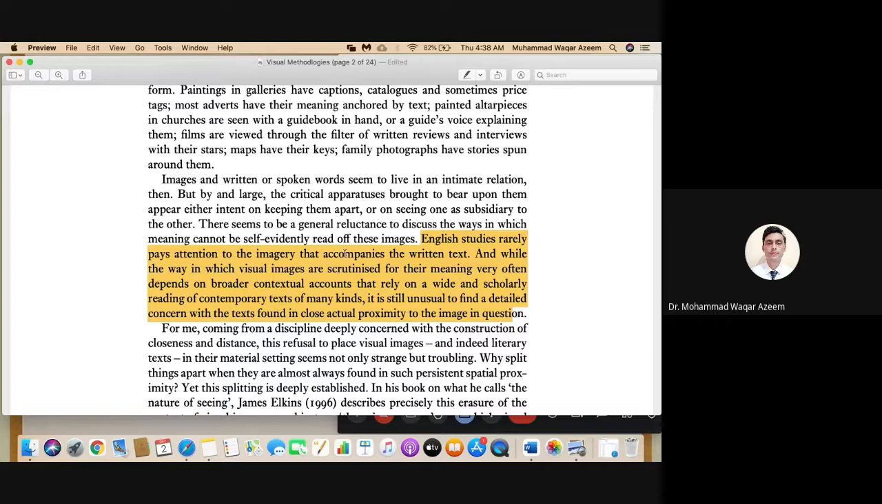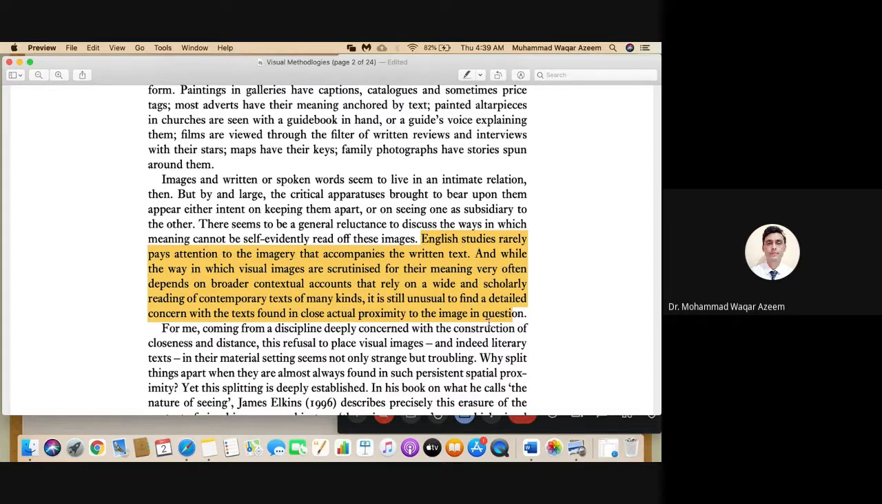There seems to be a general reluctance to discuss the ways in which meaning cannot be self-evidently read off these images. English studies rarely pays attention to the imagery that accompanies the written text, while the way in which visual images are scrutinized for their meaning very often depends on broader contextual accounts that rely on a wide and scholarly reading of contemporary texts of many kinds. It is still unusual to find a detailed concern with the text, found in close actual proximity to the image